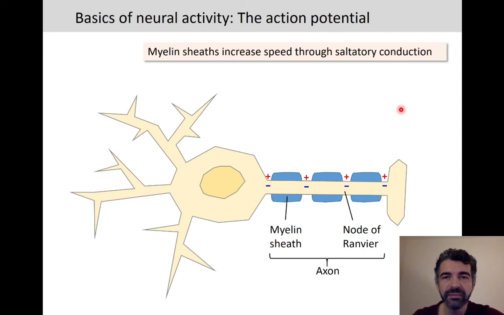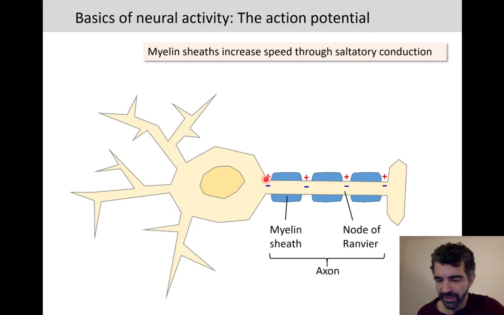Okay, so we know how an action potential travels along an axon, and it is important to note that in neurons we have myelin sheaths ideally surrounding each axon, because that increases the speed. And the principle here is called saltatory conduction. Saltatory meaning something like jumping. And why is it jumping? Because